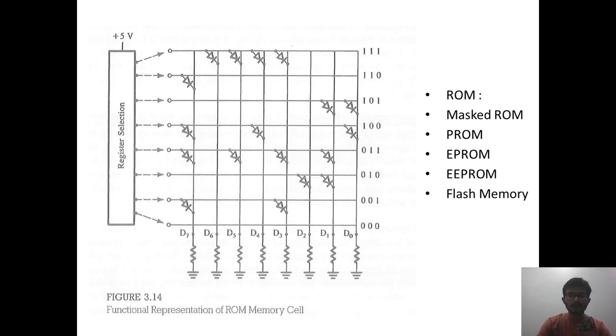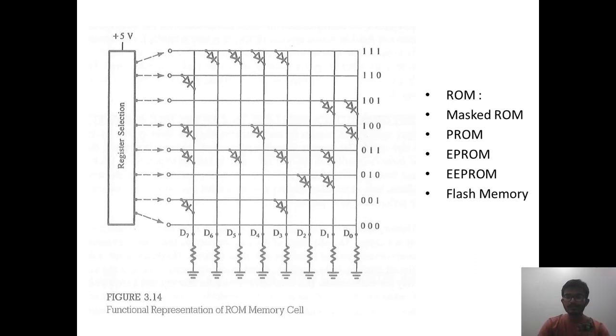ROMs are non-volatile memory, but some of them can be programmed. When we are talking about the programmable ROM, the memory has nichrome or polysilicon wires arranged in a matrix. These wires can be functionally viewed as diodes or fuses. This memory can be programmed by the user with a special PROM programmer that selectively burns the fuses according to the bit pattern to be stored. The process is called burning the PROM, and the information stored is permanent.